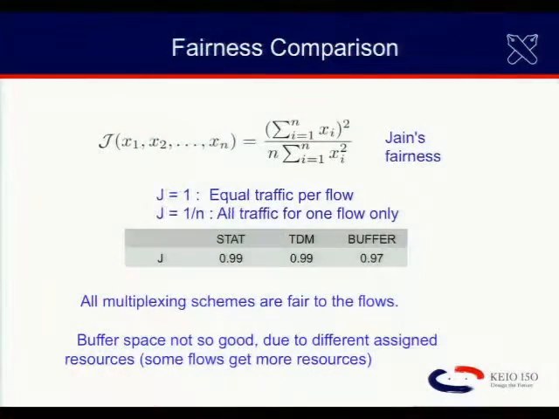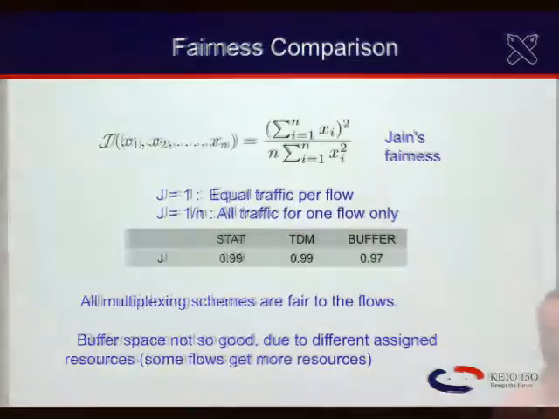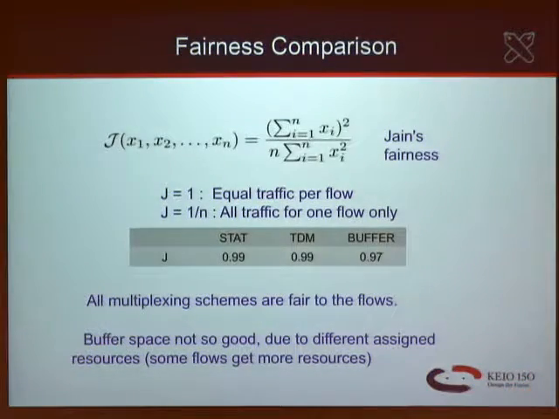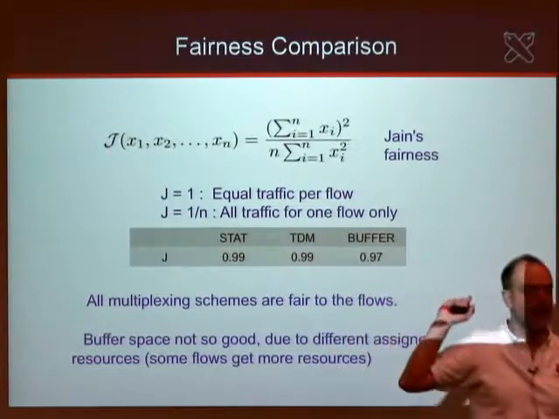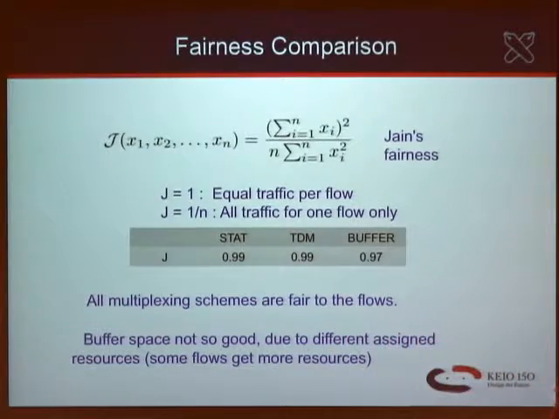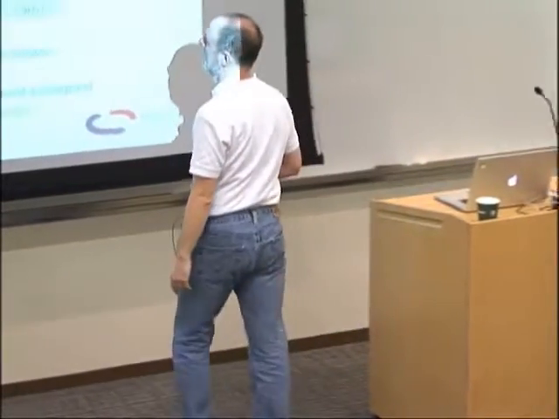We actually did evaluate the fairness of these using Jain's fairness metric to see how the different flows competed. And we found, somewhat to our surprise, that all three mechanisms retained very good fairness in that sense. So we're pretty happy in that sense. And we think the statistical multiplexing gives the overall best system throughput. But the biggest question is that memory lifetime issue. That's one of the things that needs continued analysis.